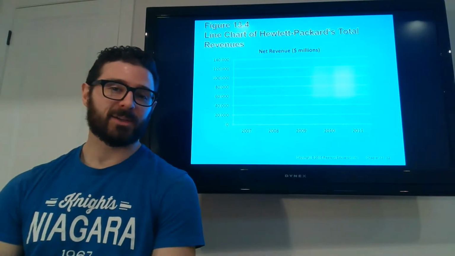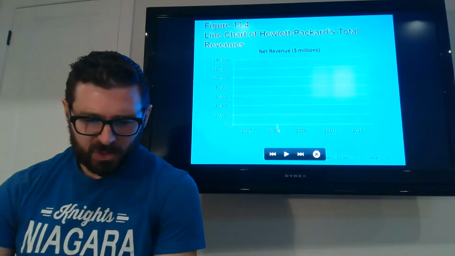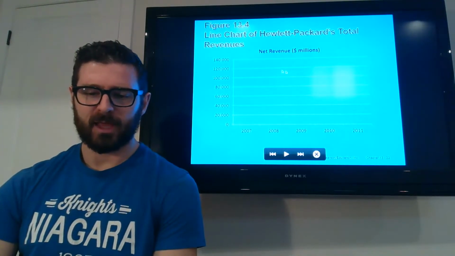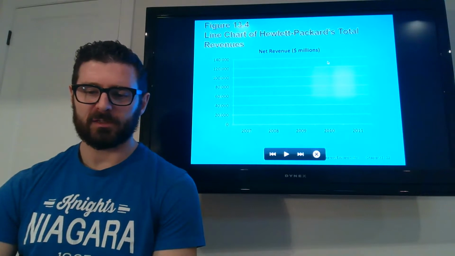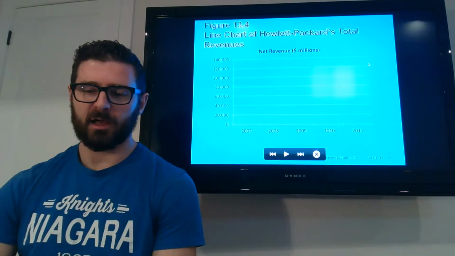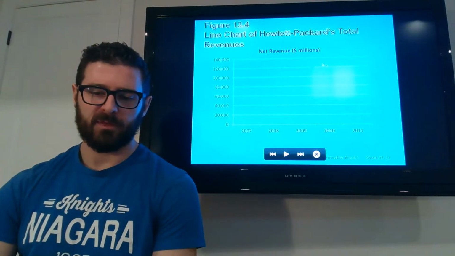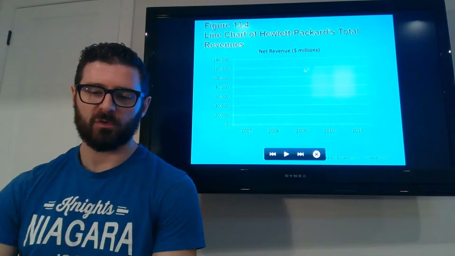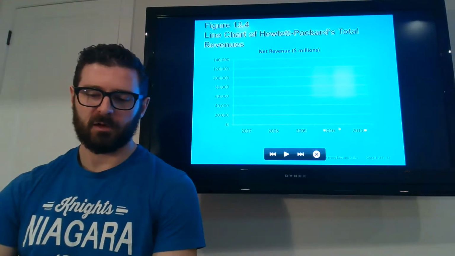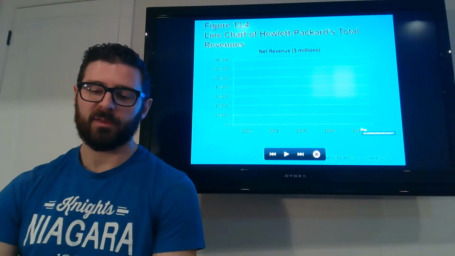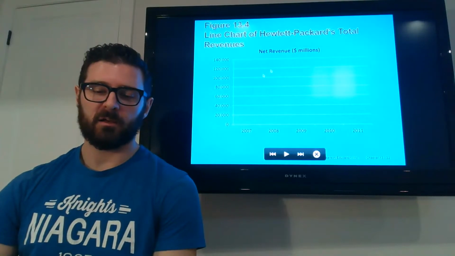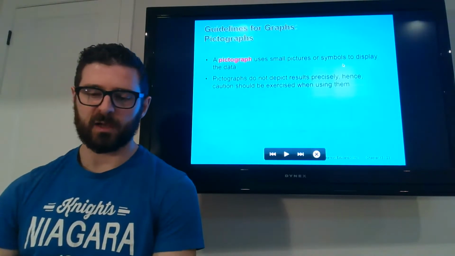Here's a line chart, but the line didn't show up, or it did show up, but it's very, very faint. I'll fix that line chart in a second here, but if you look at this graph, we have a line going across the top that shows the change in revenue over time. On the vertical axis, we have the revenue. On the horizontal axis, we have the years, and this line identifies the different points in time.